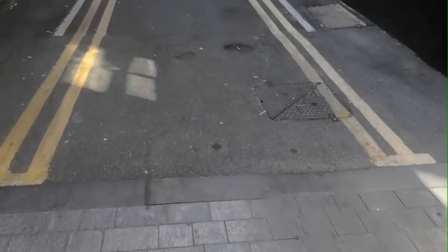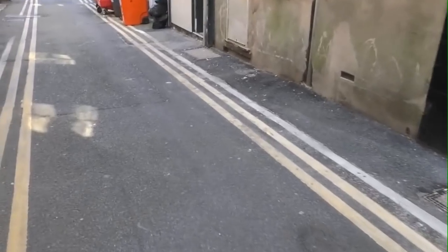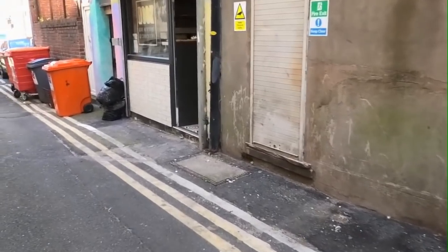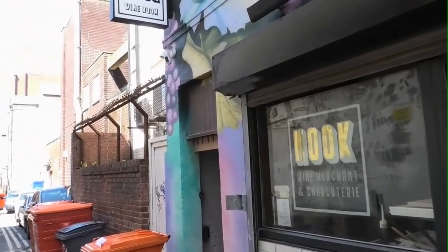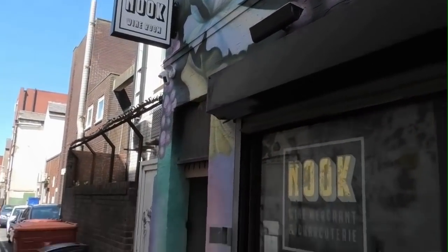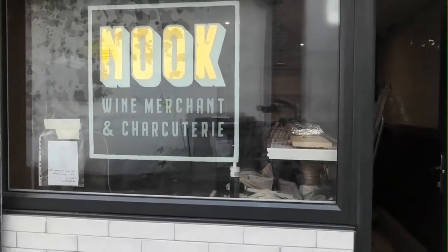Here we are, we're just going to go down Cheapside, so that must mean that we're going to pay our weekly visit to the Nook. Quite a lot to show you here today, and the first thing is I can show you their protruding sign here, look, the Nook, and that along with this lovely one here on the front window,